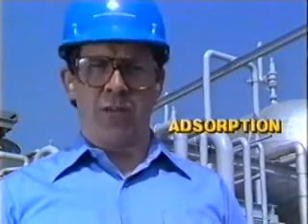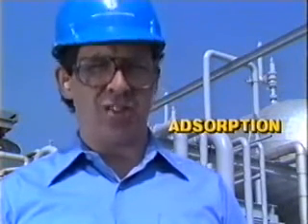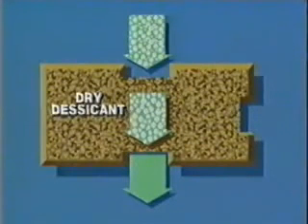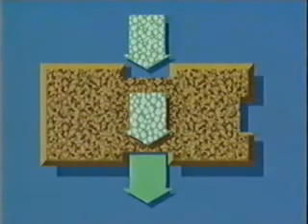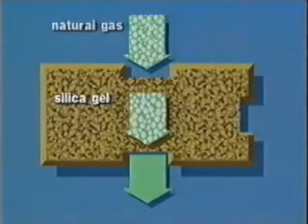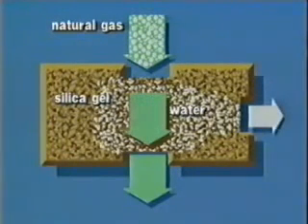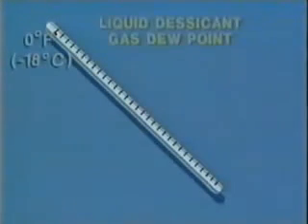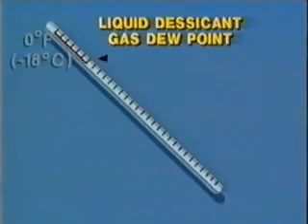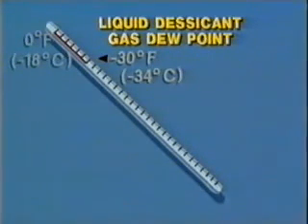Adsorption is the removal of water vapors from a gas stream by contact with a dry solid desiccant. A dry desiccant is a solid granulated material which has an attraction for water. An example of a dry desiccant would be silica gel. As gas flows through a bed of these granules, the water attracts itself to the surface of the granules. The granules adsorb the water. A liquid desiccant can reduce the dew point of gas to as low as minus 30 degrees Fahrenheit. If the gas must be drier, dry desiccant dehydration is used. Dry desiccants